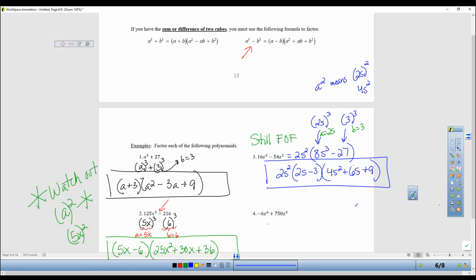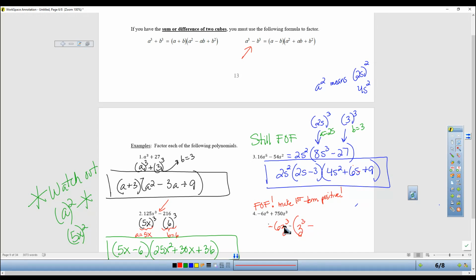You do have one more to practice on your own. If you haven't tried any on your own yet, you should do this next one. Okay, factor out first. And I personally would make the first term positive. I think factoring is easier when the first term is positive. So I would take out the negative, the 6, and the z cubed. I would take all of that out. And when you do that, you're left with z cubed